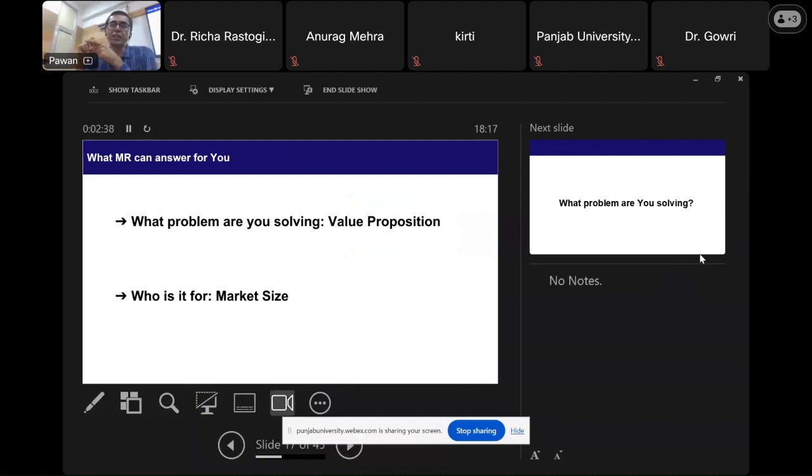Then, what is the advantage of your packaging material? Is it cheaper than what exists? Is it easy to manufacture? Is it more durable? Will it last long? Is it of high quality? Will it look more beautiful than what exists? There has to be some advantage over others. That's what invention is for, right? If you are saying that we have invented a new technology, a patented technology, it has to have some advantage over existing others, right?